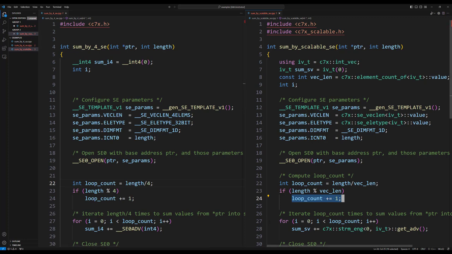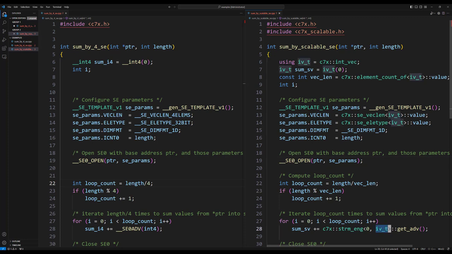And then the code on lines 27 and 28, that's doing the actual accumulation, summing up values into some SV, just like this. This is how you get a value from the SE and tell it to advance to the next one in a scalable way. This 0 here is how you say which SE you're using. It's got to match this 0 right here. Okay.